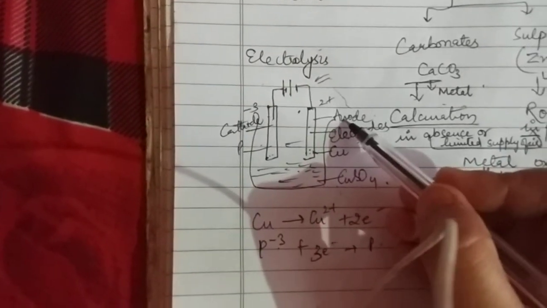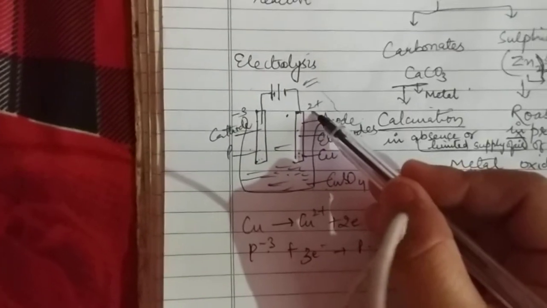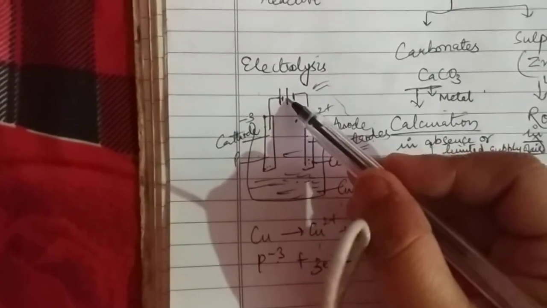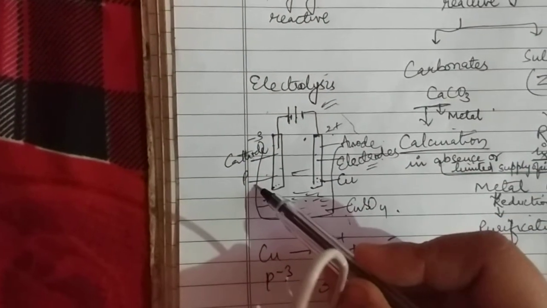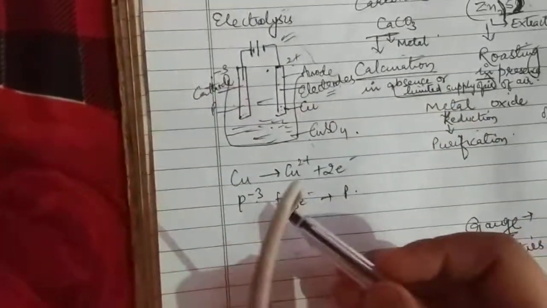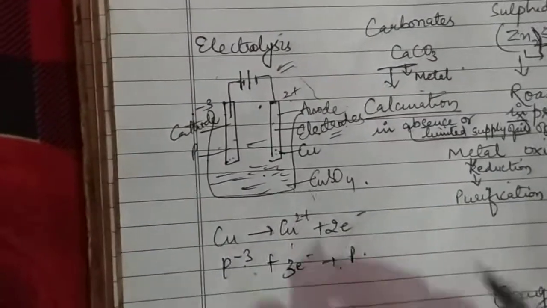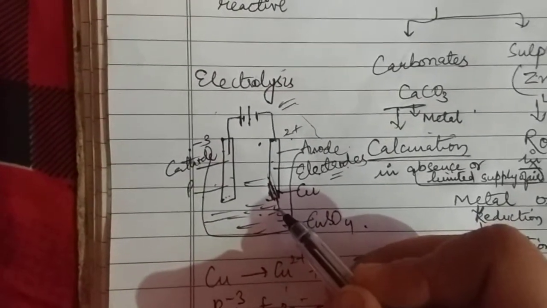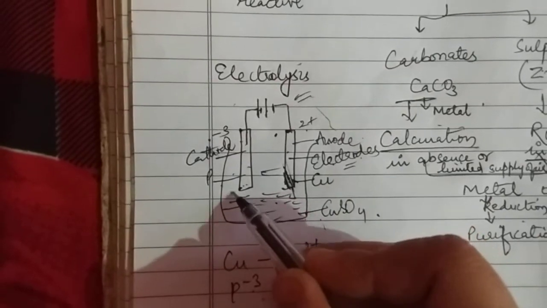Clear? If I have taken copper, it acts as an anode. Why? Because it loses its two electrons, and it is connected with the battery. Here is another electrode. Phosphorus I have taken. It carries -3, its valency is -3. It means it is having 3 electrons with it, and after getting 3 electrons, it is in a stable form. Clear? Here it releases its ions, and here it gains the ions.